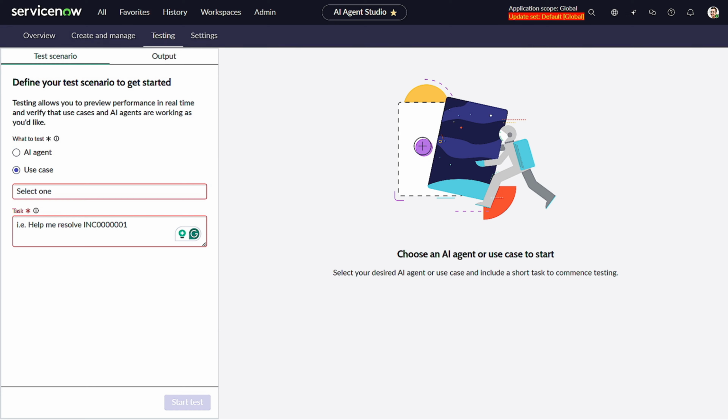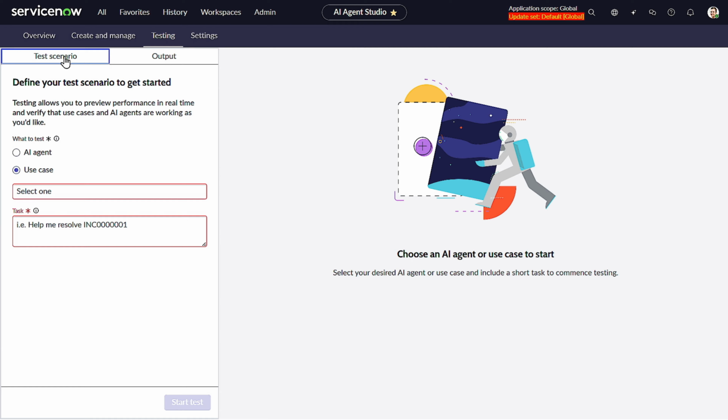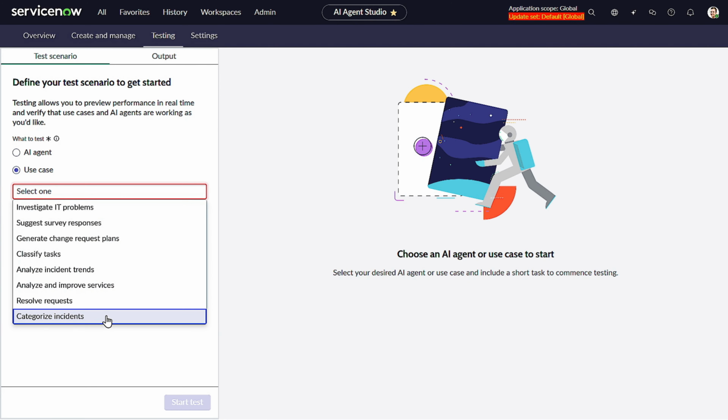Now let's try it with an example. Let's try a use case itself. It again got stuck. Come on. Let's put a test scenario. Okay, it's working now. So let's take a use case, and in use case I will take the simplest one,